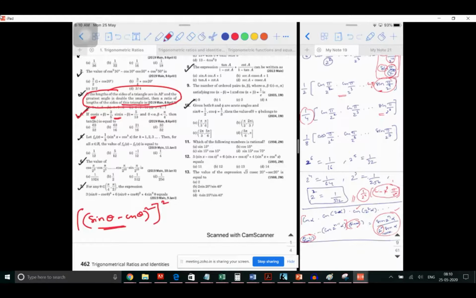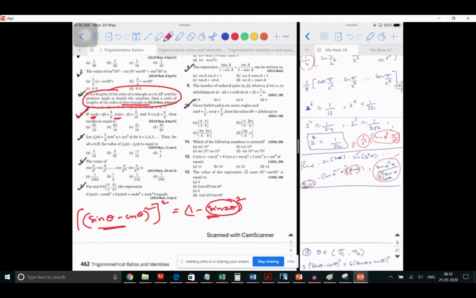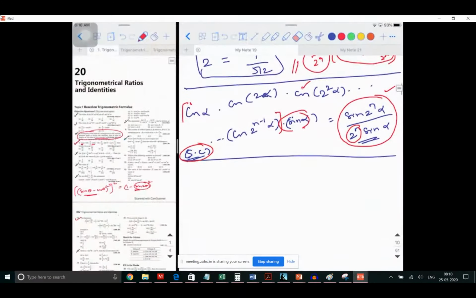So sine theta minus cos theta the whole square is going to be what? You can tell it in one step. It is 1 minus 2 sine theta cos theta, which is 1 minus sine 2 theta. So it is going to be 1 minus sine 2 theta the whole square. Again, square it and you will get an expression. This time, when you square sine 2 theta, you will get sine square 2 theta, which will become 4 sine square theta cos square theta. With that you can proceed with the simplification. That is the way you have to approach it.